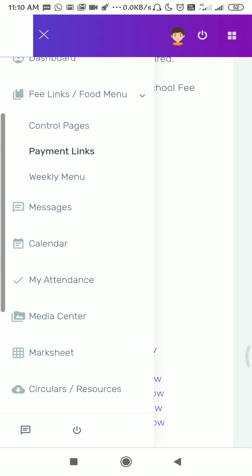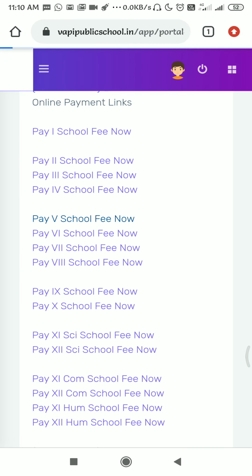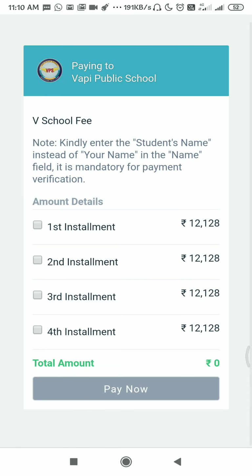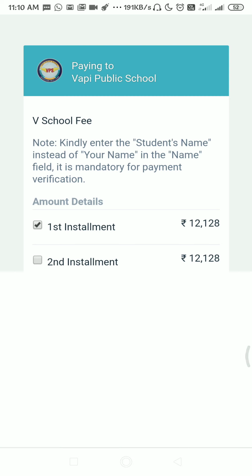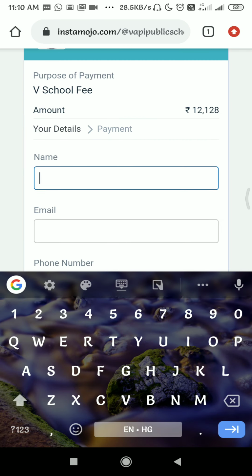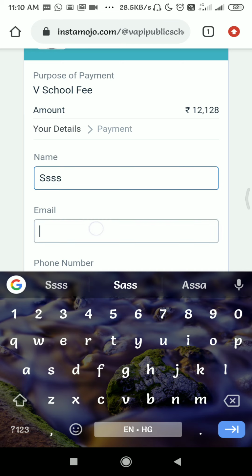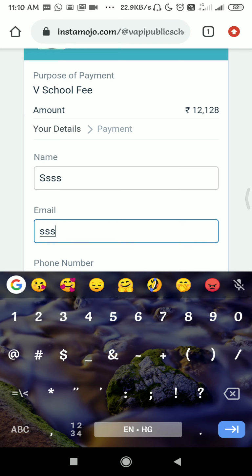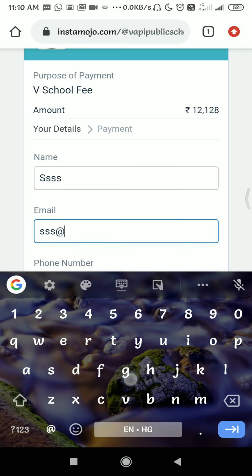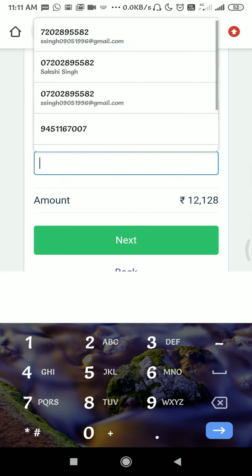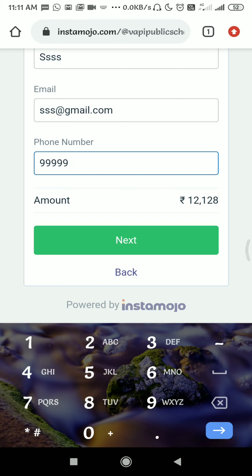And to avoid any extra charges, you can use NEFT also, which is available in this payment option. From here, you can select the first installment, then you can put your child's details, any details you want to put, and they should be valid details.